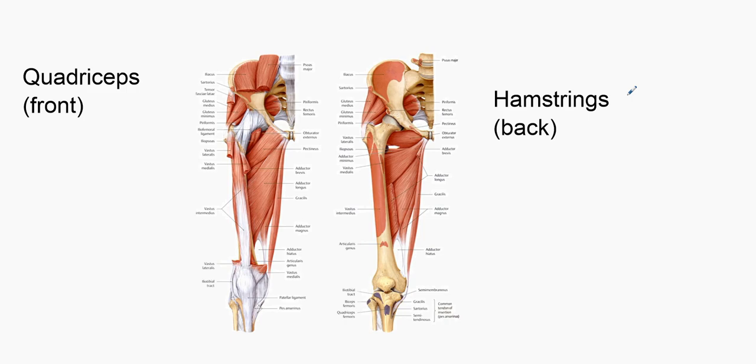Hey, last thing we need to know is what are the muscles? There are a ton of muscles involved here. We're not going to learn all these muscles, but let's just learn the groups of muscles. So on the front of the leg, that would be the quadriceps, right? And on the back of the leg, that would be the hamstrings. In terms of our muscles here, right? So the quadriceps